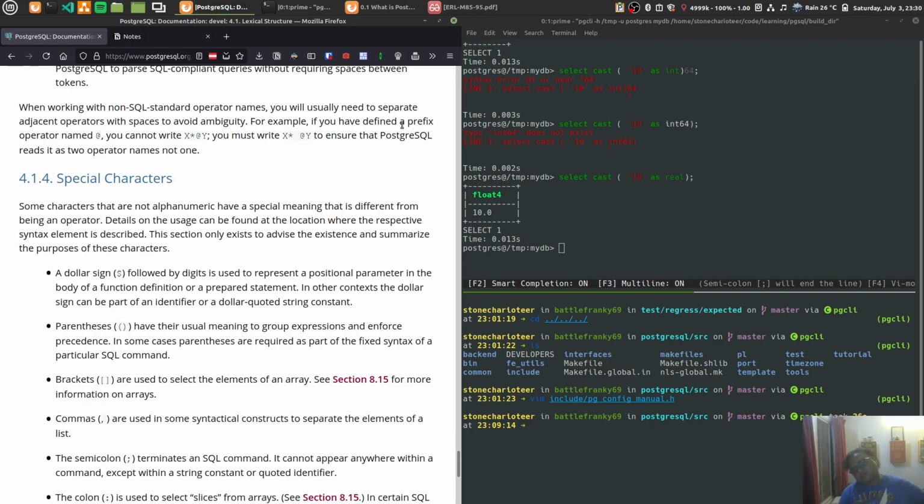Special characters. Some characters that are not alphanumeric have a special meaning that is different from being an operator. Details on the usage can be found at the location where the respective syntax element is being described. This section only exists to advise their existence and summarize the purposes of these characters. A $ sign, dollar, followed by digits is used to represent a positional parameter in the body of a function definition or a prepared statement. In other contexts, the $ sign can be a part of an identifier or a $ quoted string